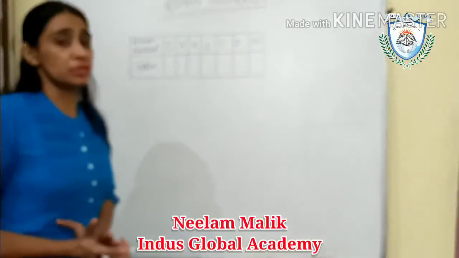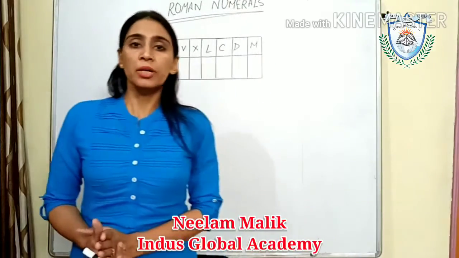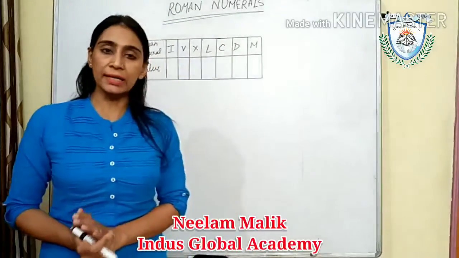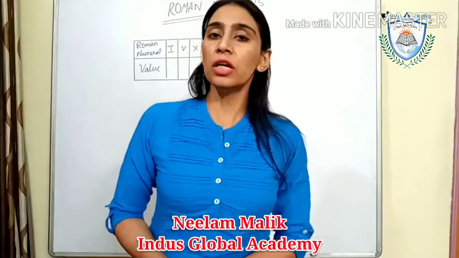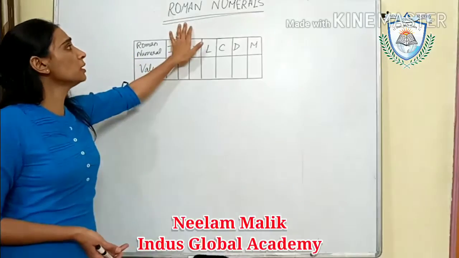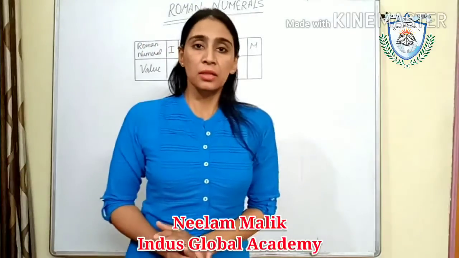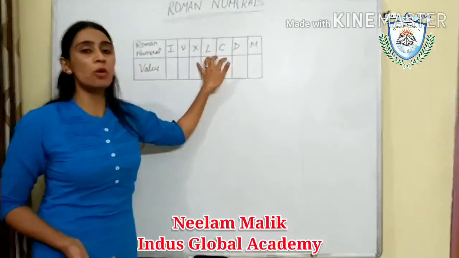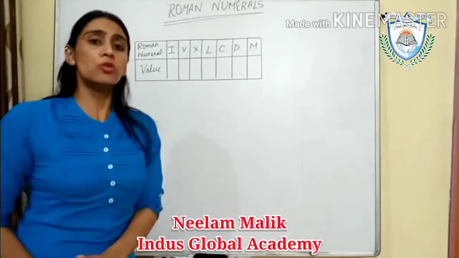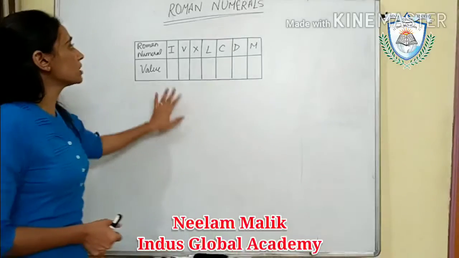What are Roman numerals? As you heard and learned, in the Indian place value system we use digits 0 to 9. Okay, 10 digits we are using to form the numbers, and we use their place value chart for forming any number. But in the Roman system, we will use some special letters to form all the numbers. Here we will use only 7 letters. There are some rules for forming the numbers. So we will start with